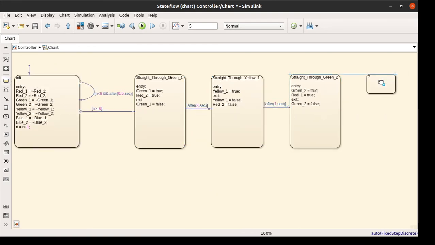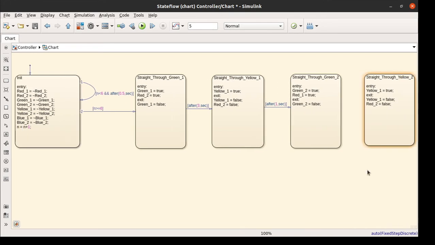Now bring one more state here. We'll call it... I am copying the entire logic because the logic will be the same at the opposite side. Okay, good here.